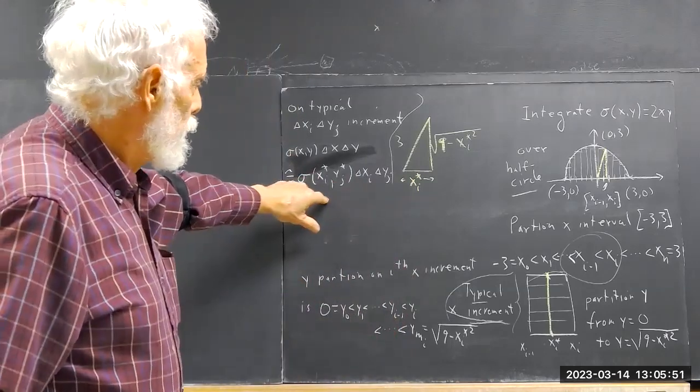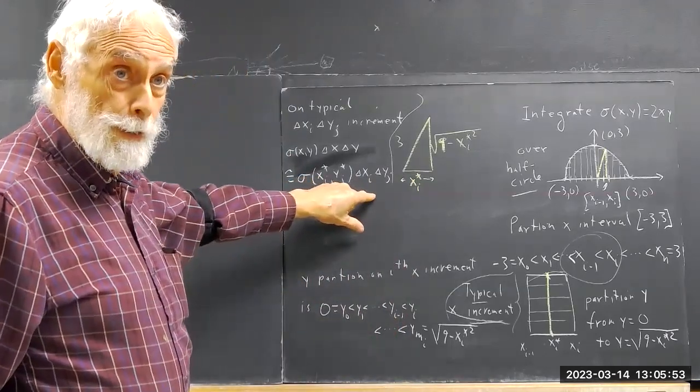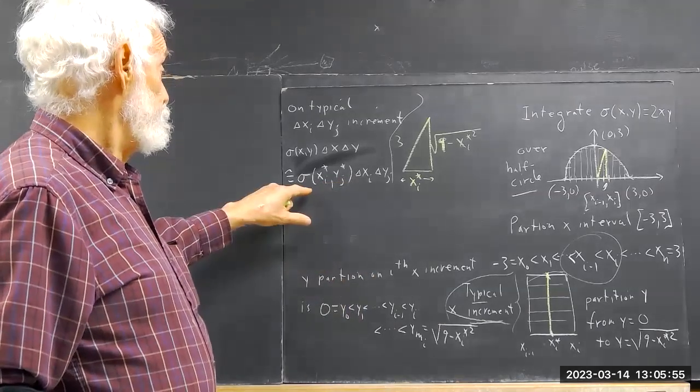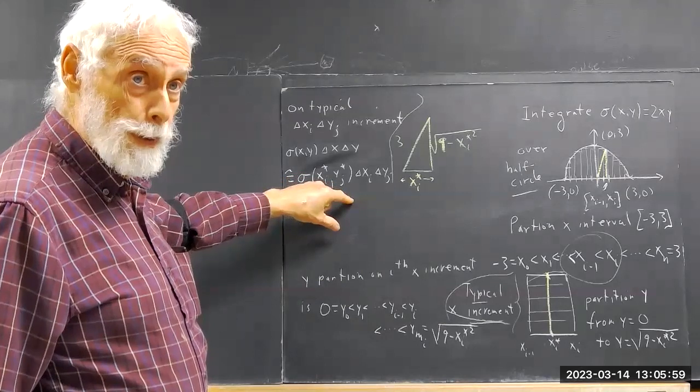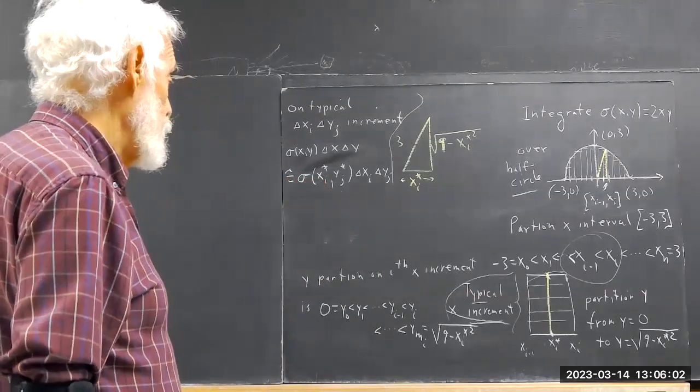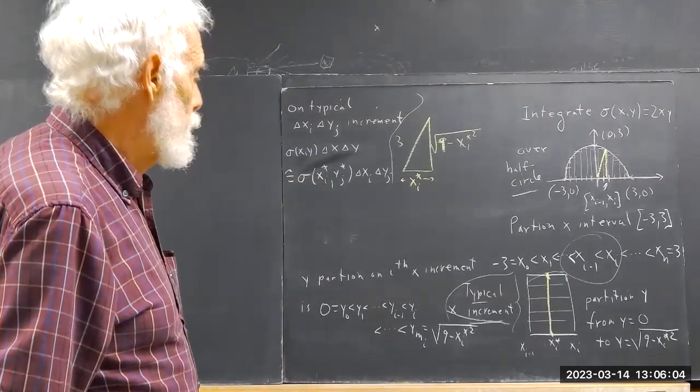So we can write the thing we're integrating times the area, and we evaluate this at a sample point xi star yj star. And your typical increment